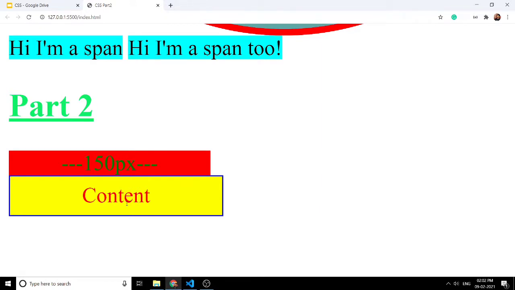So the padding is the distance between the content and our border. You can see that we have a padding of 5 pixels on all sides. So that's why now our second div is 10 pixels wider than the first one, because of the 5 pixels of padding on this side and this side.